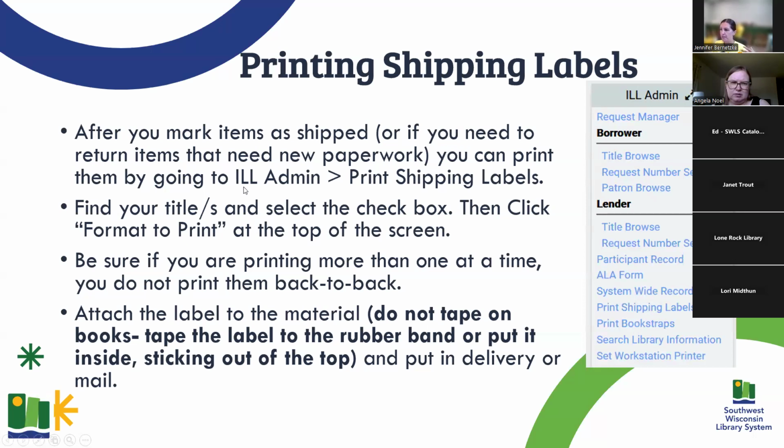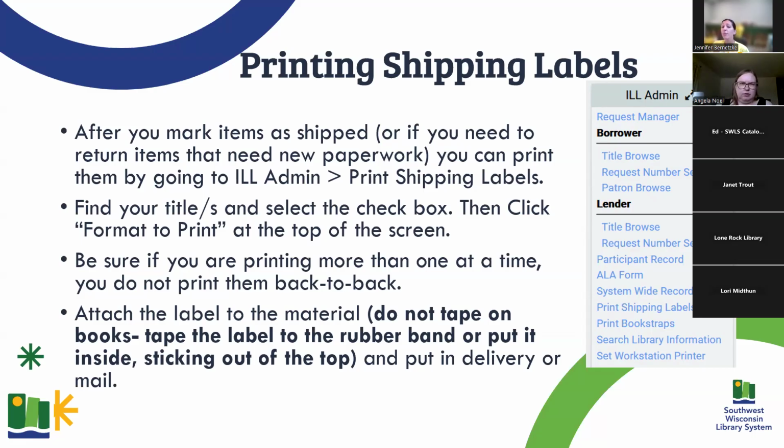After you submit that you've shipped it, you can go back out to the ILL admin tab on your dashboard and go to the print shipping labels line. Then you can find your title, check the box by that title, and click format to print in the top